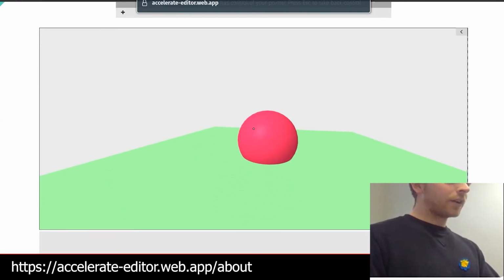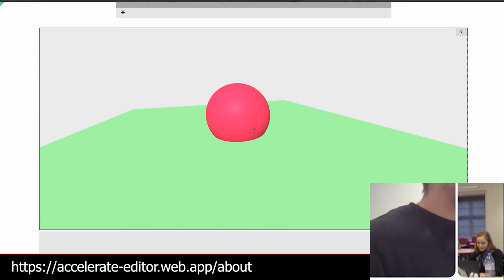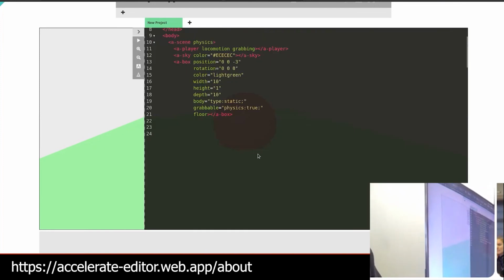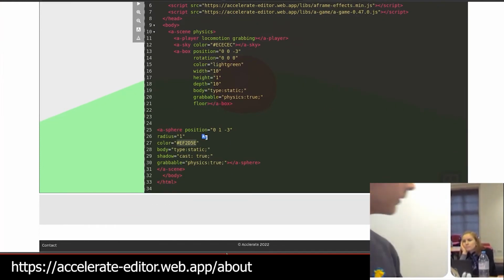So, okay, say I've added this sphere and you can see, actually, well, I don't know if you can tell this, but it's actually sort of intersecting the floor. So say, oh no, I want to move that up a little bit and I want to change the color. I would go into the code. This is the sphere that I've just added. And you can see here, the color is just there as